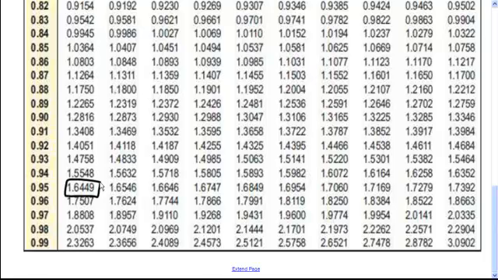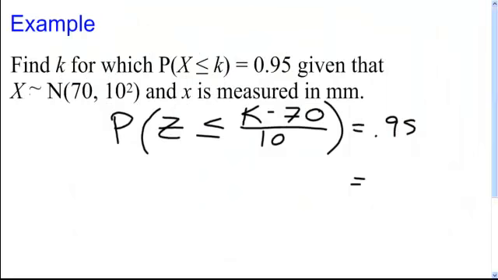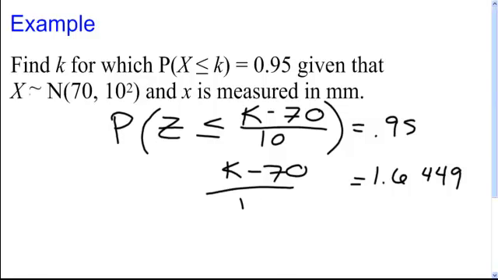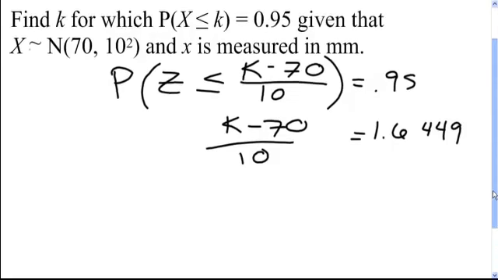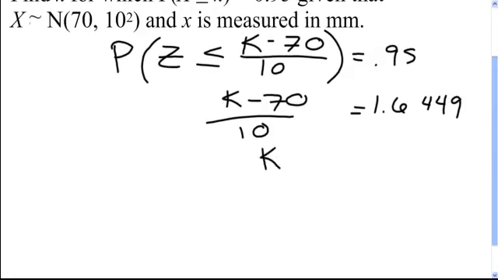So from 1.6449 standard deviations and below, 95% of my material falls. So rewriting that, we want to find the value where z equals 1.6449. So I'll multiply by 10, adding 70, k equals